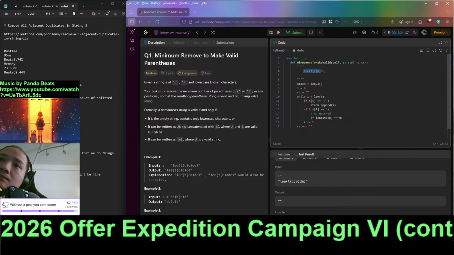So do we just increase the, right? So now we get this, and we don't match anything. We don't match anything. We just increment,